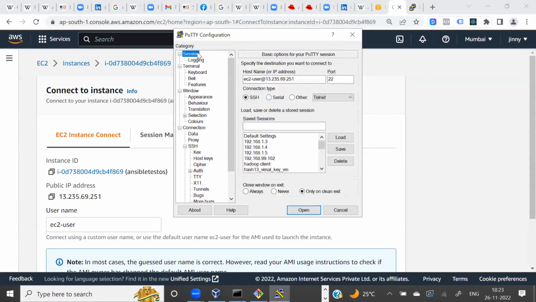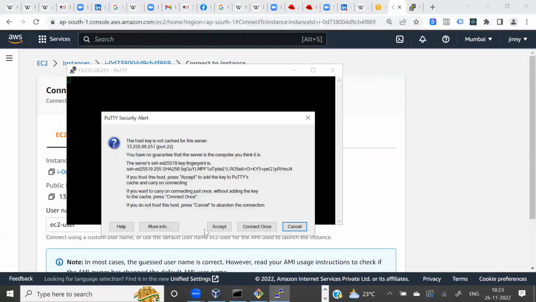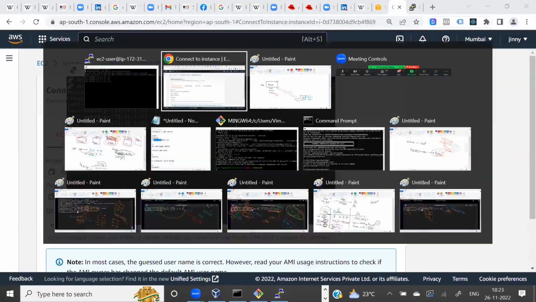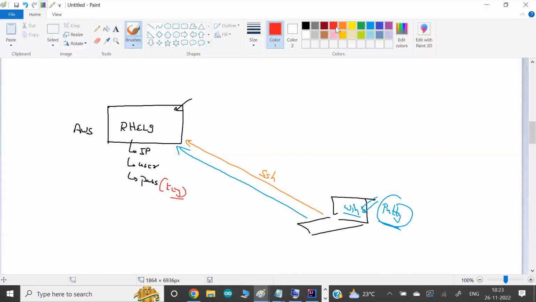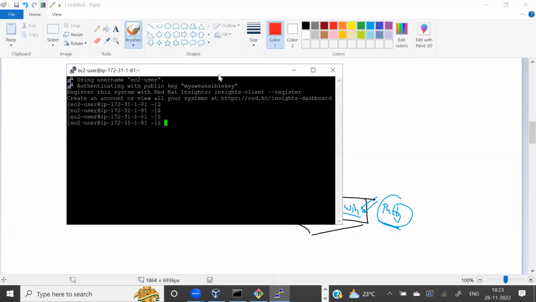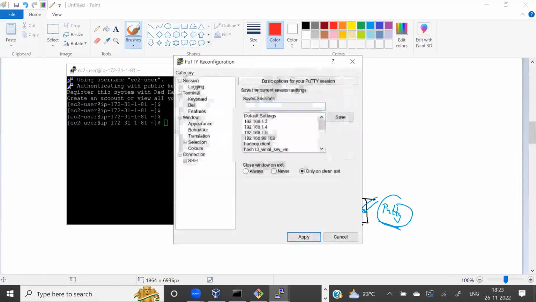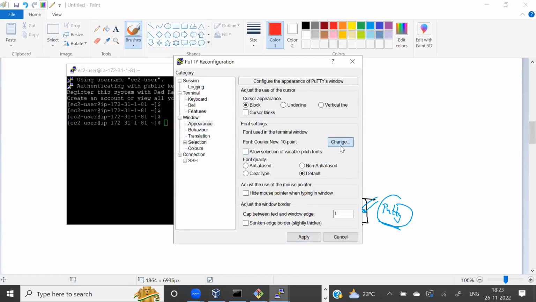This is one of the ways to connect. Otherwise, you guys might know other ways to connect also. Whatever way you know, you can use. I click, I connect, say accept. So right now I am here. That is not part of Ansible. Now from here we're going to start Ansible. I needed an OS to work on, and I connected to this OS. Let me increase the size and the font size, so we'll focus more on the Ansible perspective.